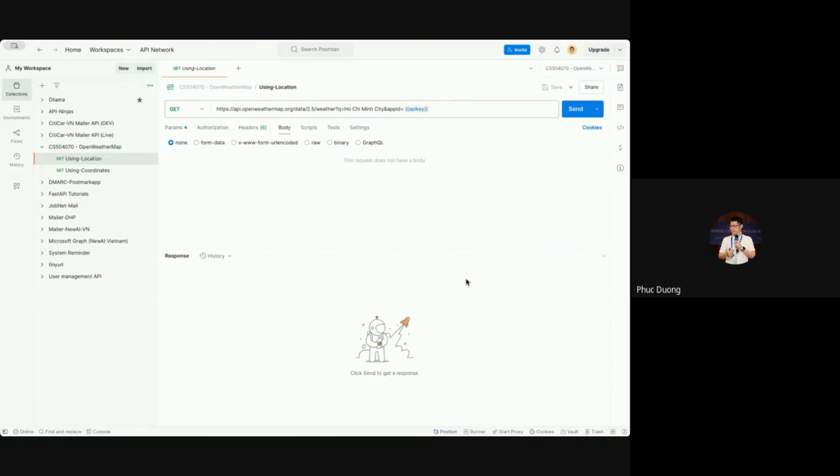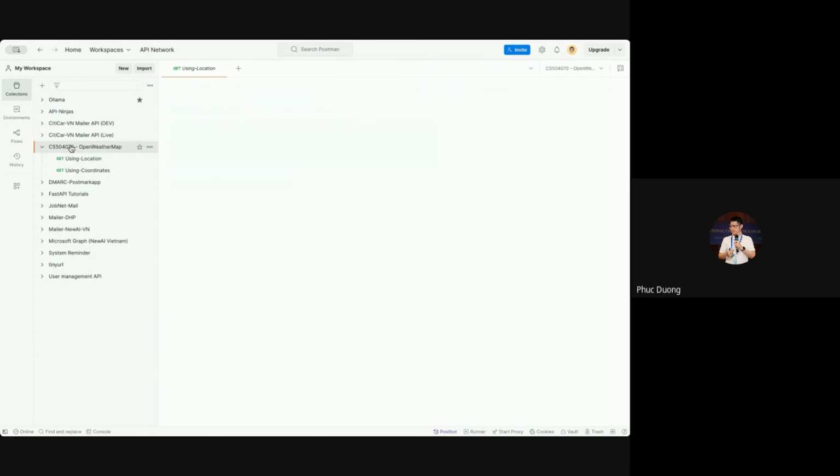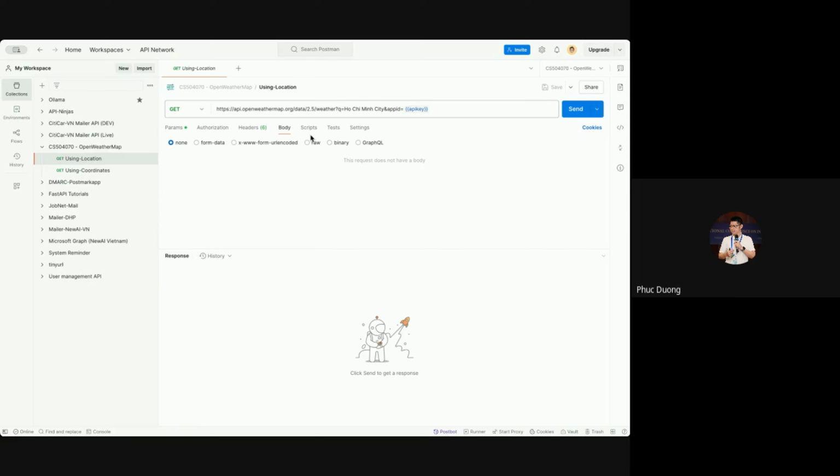On the screen, you can see the interface of the Postman software, and I am testing an API that gets the current weather of Ho Chi Minh City. The URL is quite simple. The weather endpoint receives two inputs.